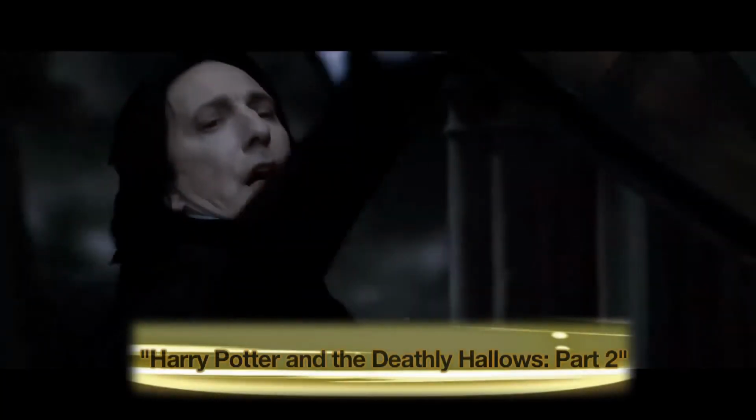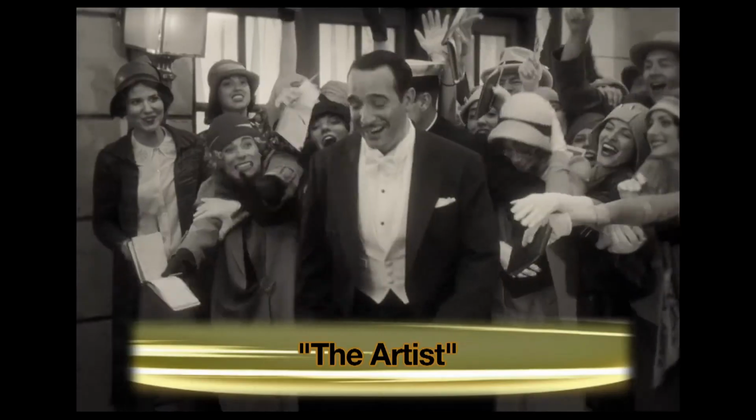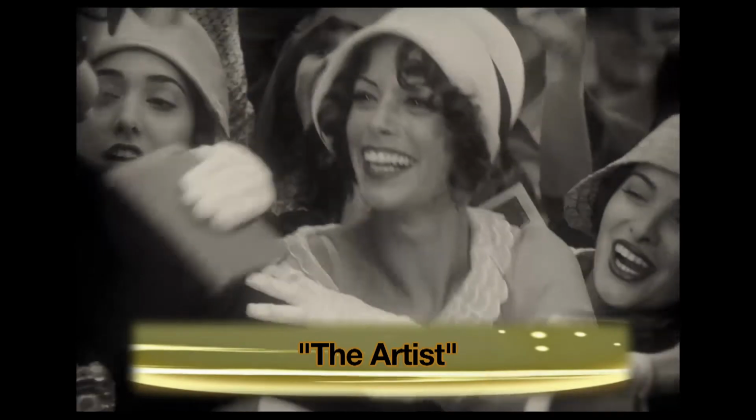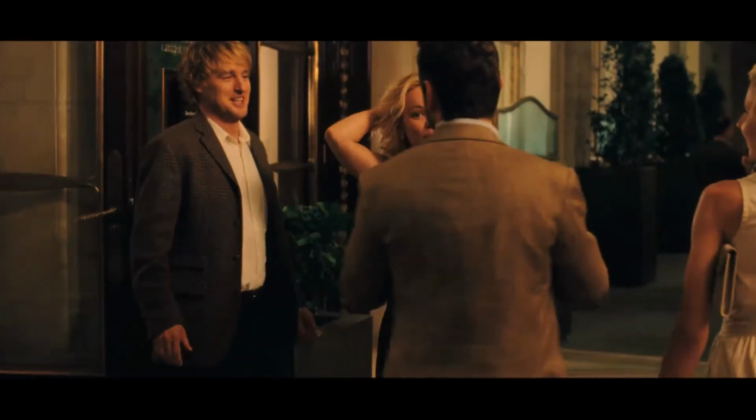The budget alone separates the films from each other. Movies like Harry Potter had over a $200 million budget. At the same time, the artists only had around $10 million. Meanwhile, the art directors of Midnight in Paris are hoping a return to classic set direction will give them an